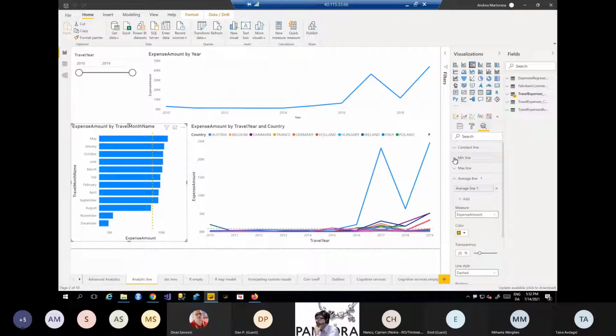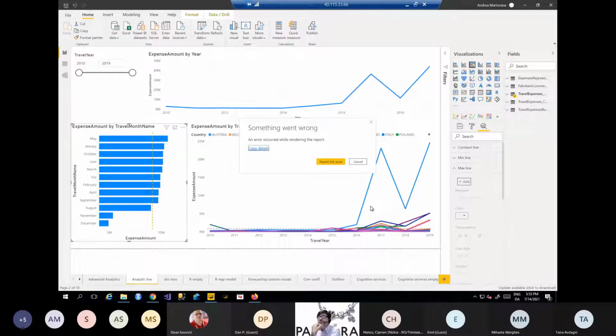Let's say I want to add a minimum line, so, maybe it's better adding a maximum line, so I have a threshold. So for instance,